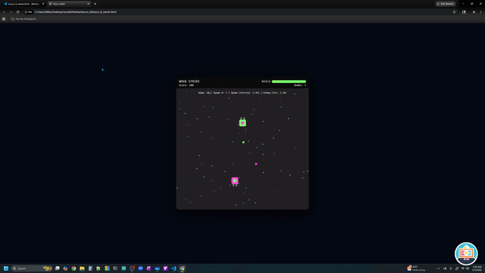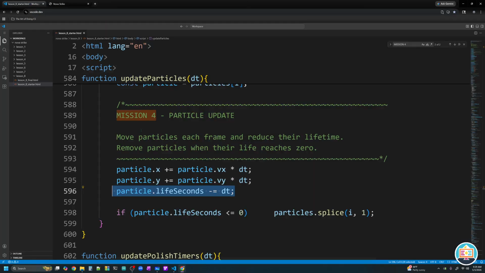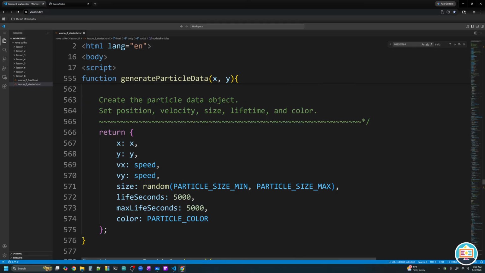Whoa, they're moving. That's not the correct behavior though. They're all moving in the same direction. And are they fading out? Not really. So let's go back to mission 3 because we got a few more things we got to target